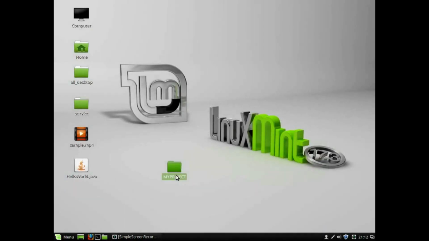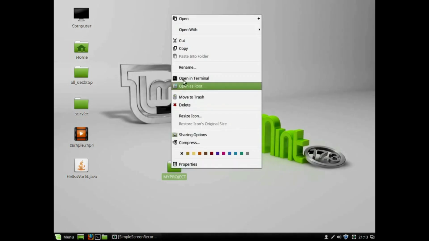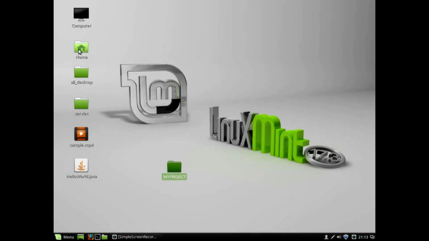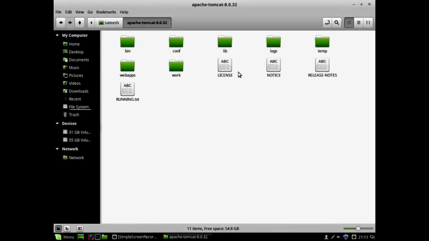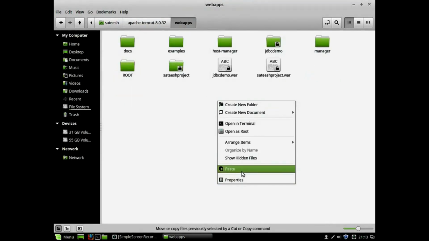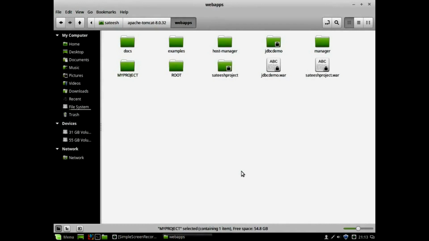Now we need to deploy this particular folder in Apache Tomcat. In two ways we can host our application in Apache Tomcat. One is, as Apache Tomcat is running on our own machine, you can directly copy this folder, go to the place where Apache Tomcat is available, and you can see a folder called webapps. In webapps only, all applications are stored. Go to this location and simply paste here like this, and now our application is hosted in Apache Tomcat.